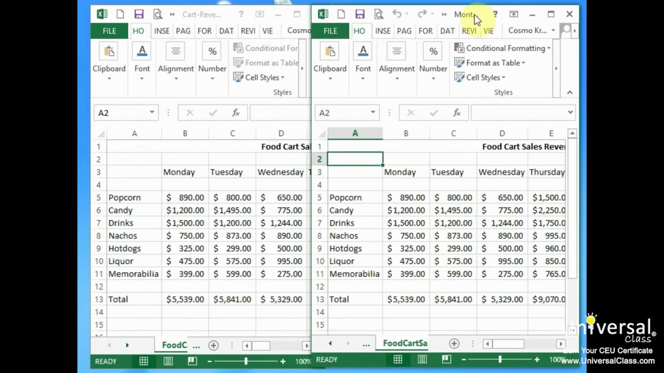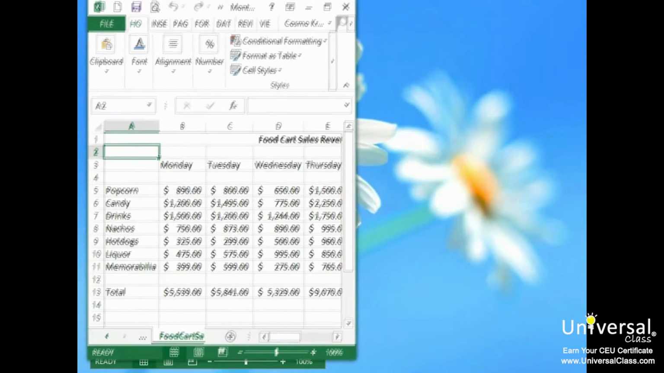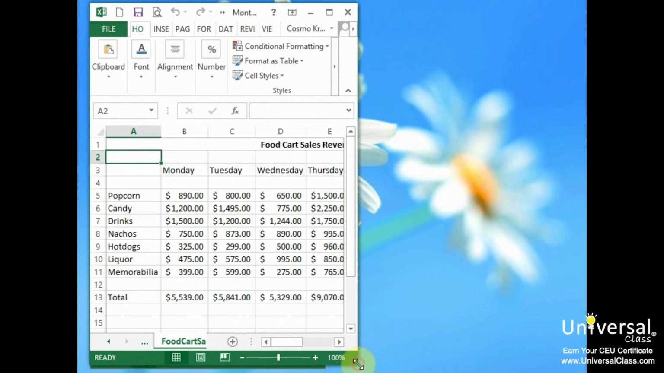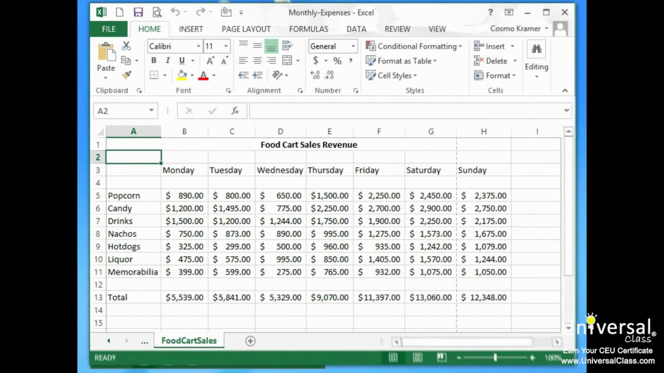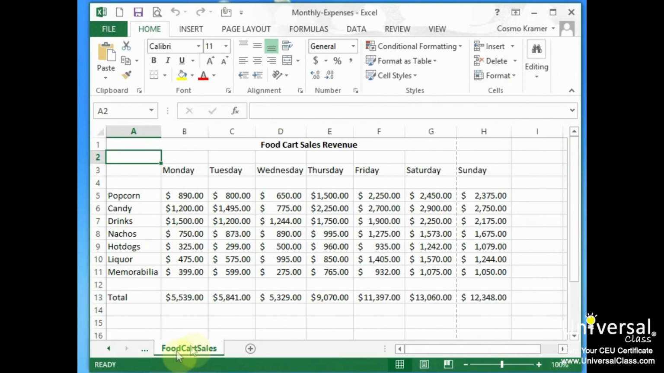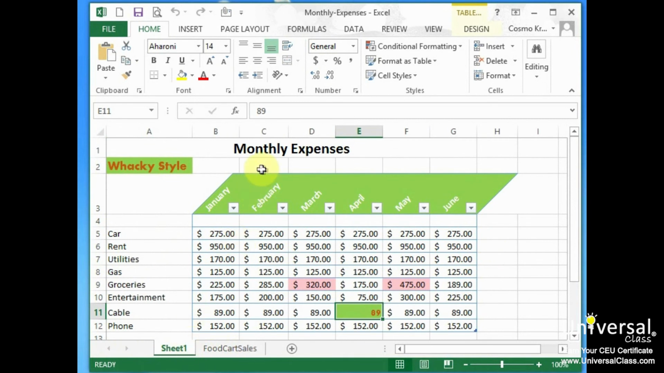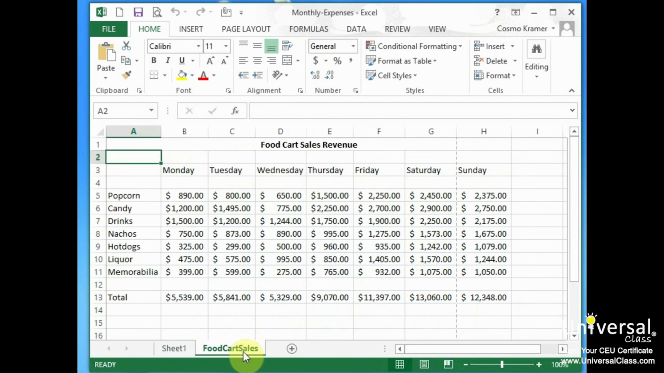And if we look over to the Monthly Expenses workbook, all right, we now have a Food Cart Sales worksheet along with sheet 1. So we have sheet 1, Monthly Expenses, and then sheet 2, which we've named Food Cart Sales. This was copied from our other workbook. And that's how you move or copy a worksheet from one workbook